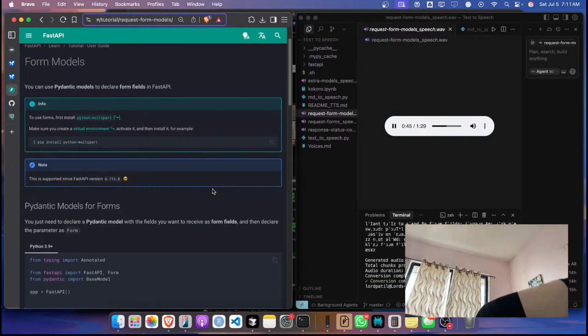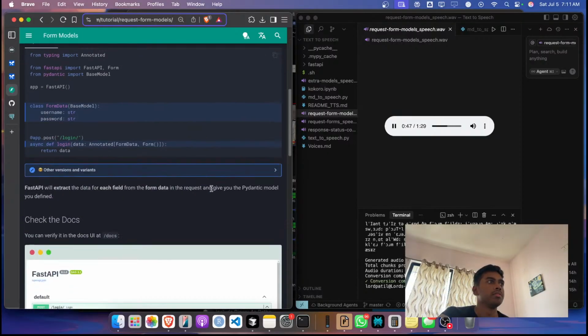Forbid extra form fields: in some special use cases, probably not very common, you might want to restrict